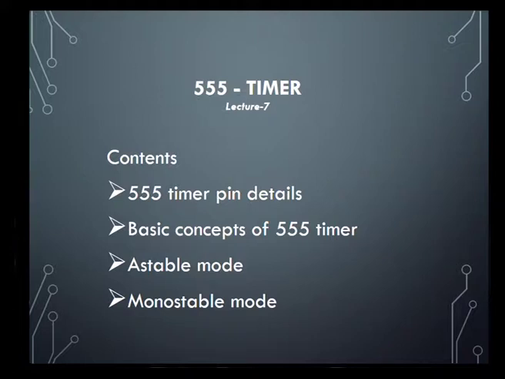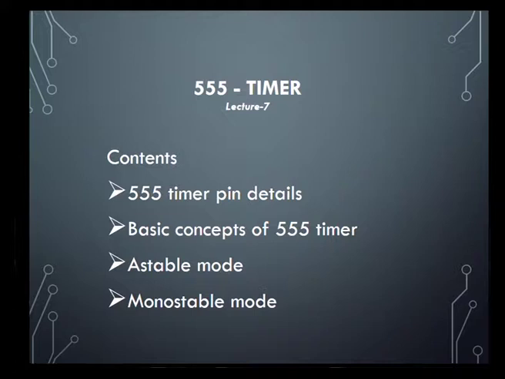The 555 timer is basically a timer that is used for many applications in electronic devices nowadays. We can say it is widely used in almost all devices, and its application is mainly in oscillators, and also it is used to get delay pulses, because the work of a 555 timer is precision. The precision of a 555 timer is such that it can't be compared with any other timers; the pulse that we get is accurate from the 555 timer. So, it has many applications.